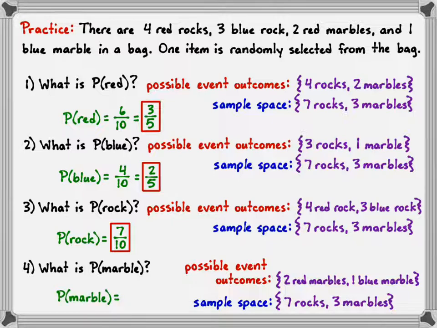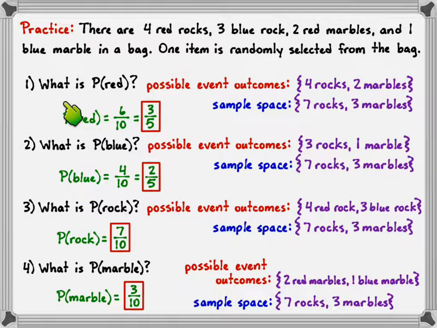But again, notice that these 2 events are completely opposite to each other. And if you don't get one of them, you're going to get the other one. You can't pull something out of the bag and get something other than a rock or a marble. So if you don't get a rock, you're going to get a marble. If you don't get a marble, you're going to get a rock. And so as a result of that, we call these